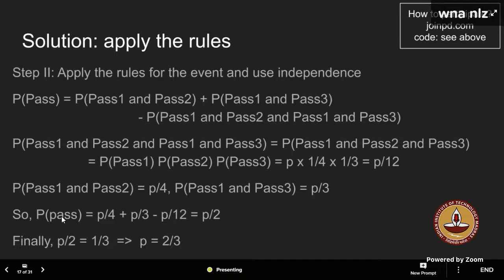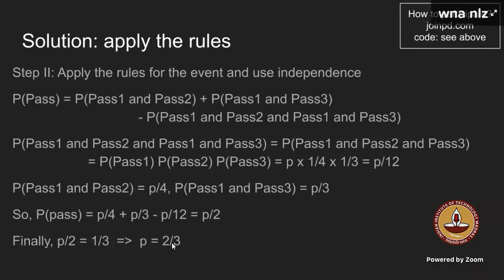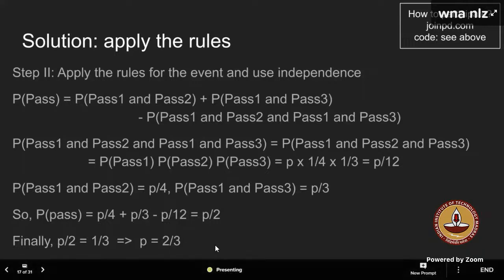And if we just put it in the formula, the probability of pass has been hiddenly mentioned as A union B, where A is the probability of passing in 1 and passing in 2, and B is the probability of passing in 1 and passing in 3, right? Sir. And this probability of pass comes out to be 1 by 3. I think that is mentioned in the question, right? So it's 1 by 3. So there is just normal algebra, what P value comes out to be 2 by 3. Is this clear to all? It's just that we have assumed that whole event pass 1 and pass 2 as a simple single event, so that algebraically we don't get confused, right?